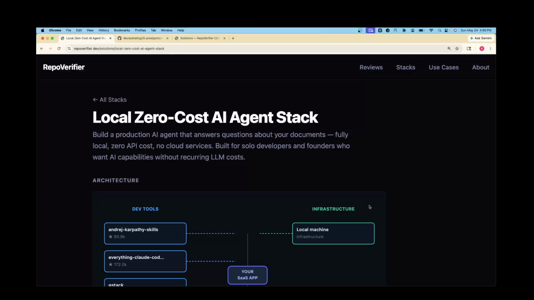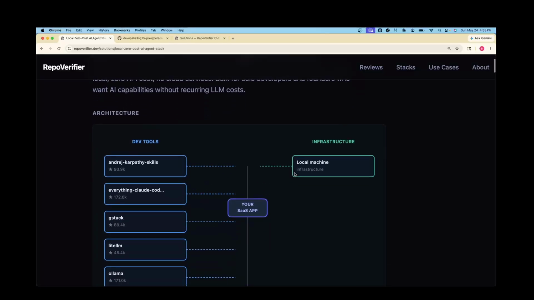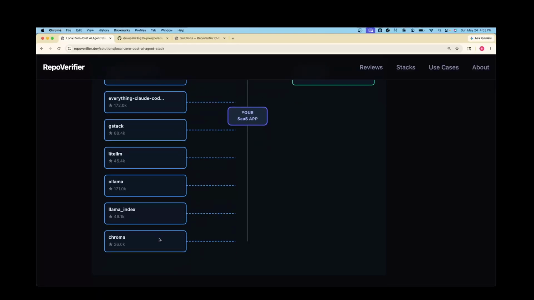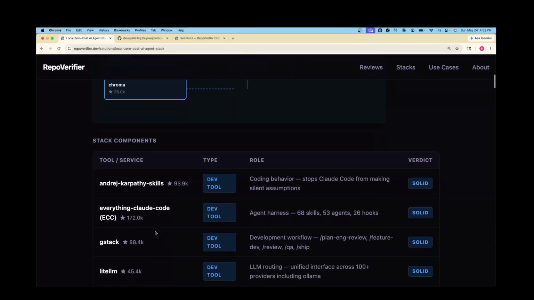So for this particular AI app, I used three particular open source projects, which are Ollama, LlamaIndex, and Python and Chroma for the vector database.